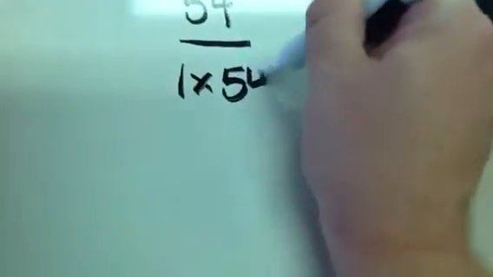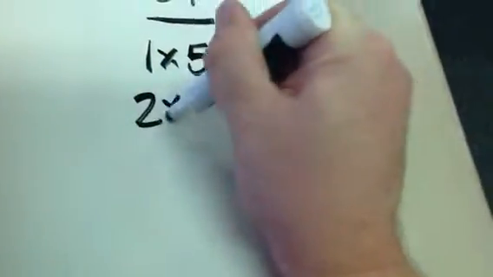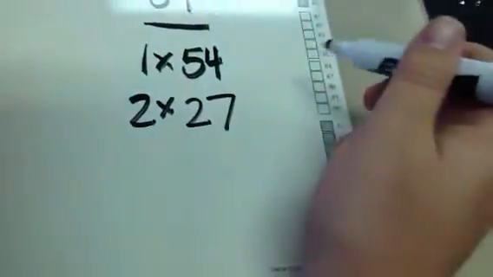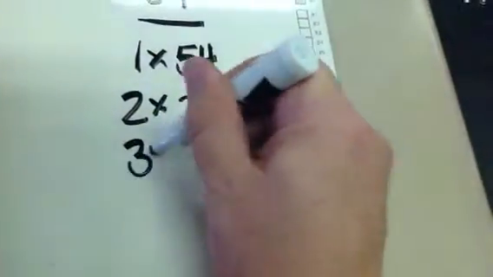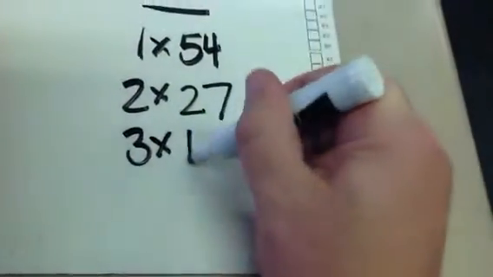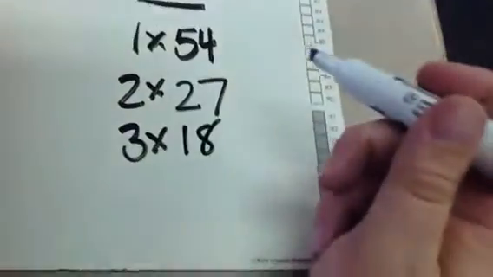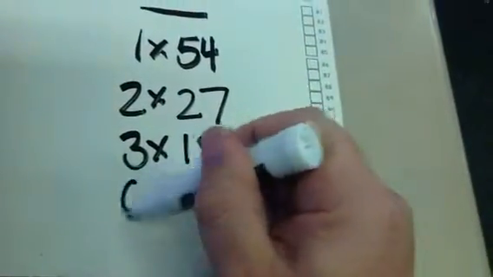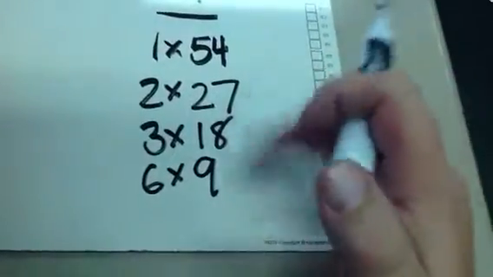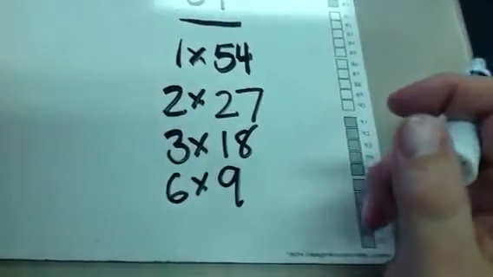So you have 1 and 54. It's an even number, so you can always do 2 times a number, and in this case it's 27. You can also do a 3 times. In this case it's 18. So basically what you can do is go through and you can think of all the different factors that multiply